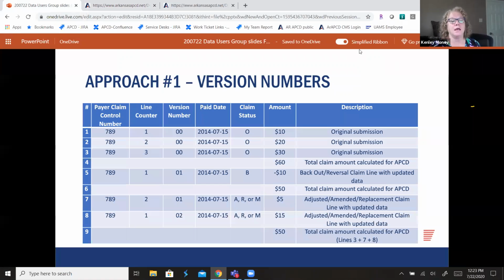So, you saw the table. There are lots of examples, but some common ones are illustrated in these three examples. Approach one, version numbers. If you look at that third column, it's called a version number. A claim,